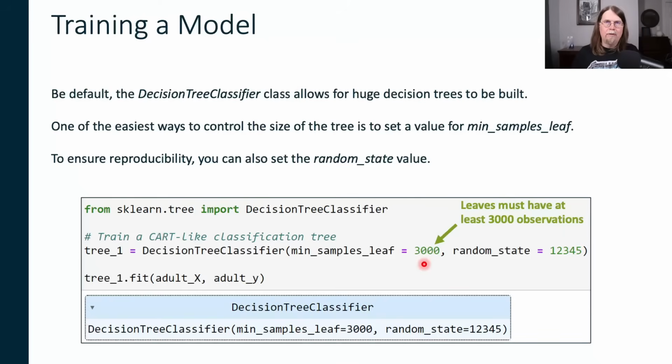And once you get the code from me, you can play around with this and you can actually see for yourself how it changes. Okay, so we need to have at least 3,000 rows or 3,000 observations to make a leaf node, which controls the size of the tree. This will make the tree actually relatively small. And I'm only doing that mainly so that it fits on my slide,